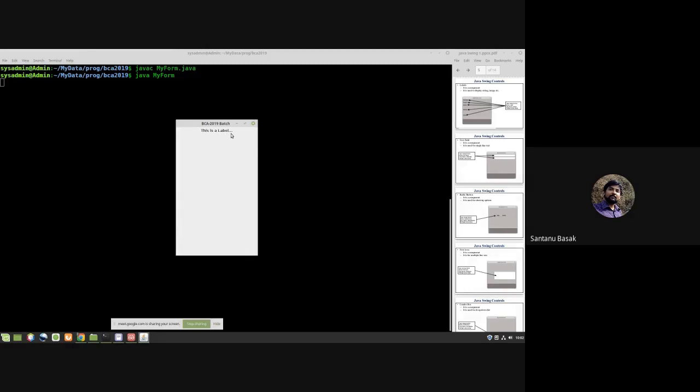It means the label is added in the panel, and that's why the label text is visible. So what we have done: we have firstly created the frame. Within the frame we have added a panel, and next we have added a label in the panel.